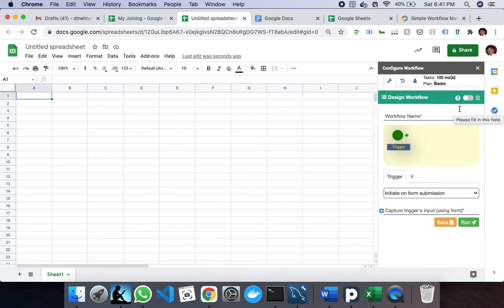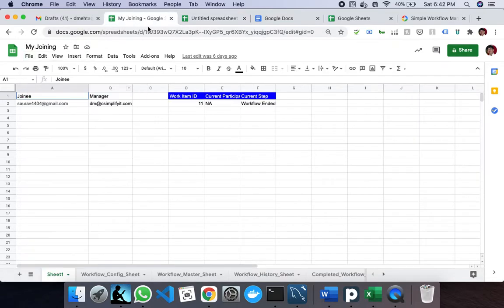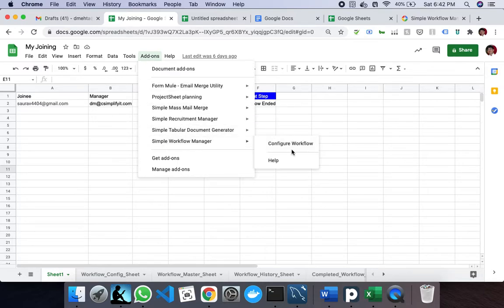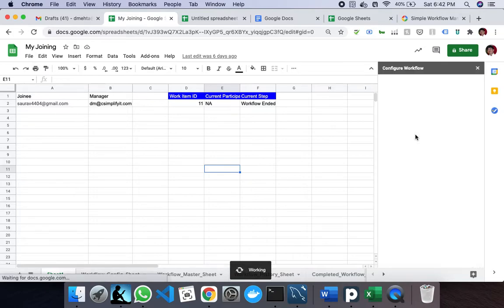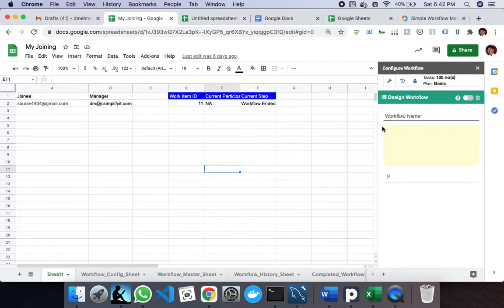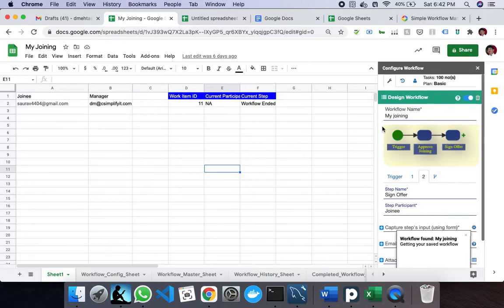So what I have already done, I will show you that, and then quickly take you through how you can create your own workflows. So this is my joining workflow which I have already created. If I come here and look at the workflow which I have created, what I have done here is, I have defined a trigger, I have given it a name, my joining.